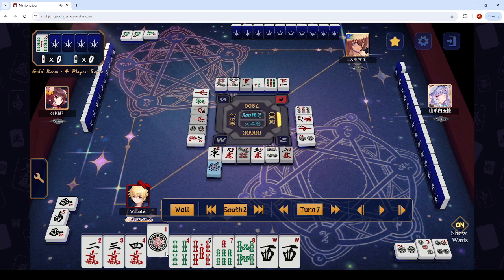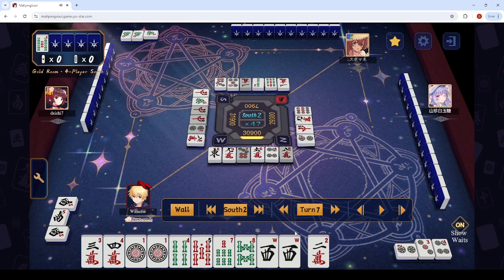Okay, yep, filling. Tossed a 1, so I have a pair of 1s and a pair of West. Oh, I tossed a pair of 1s. Might have been a mistake, honestly. I should be tossing the 8 and the 7,